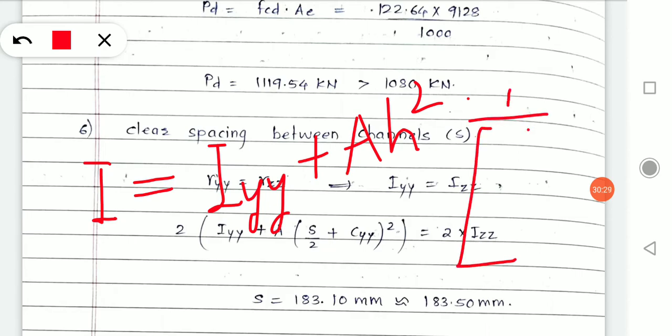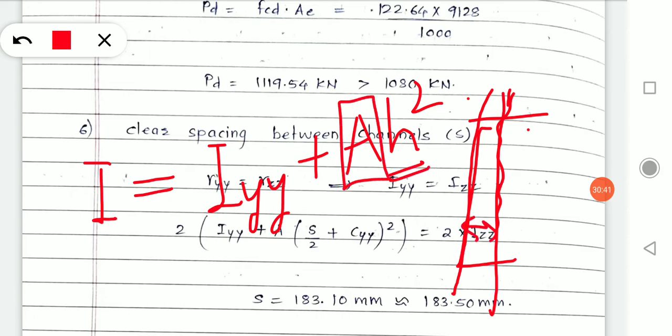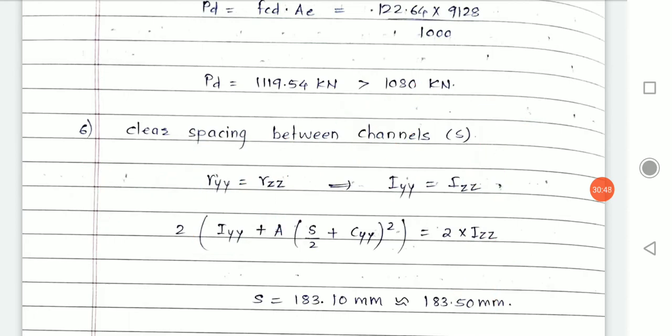If the CG of your channel section lies here, but the CG of your built up section lies somewhere else from it, this difference is h, and the area of the section you are using is the area over here, and IYY of the section you are using is IYY over here.